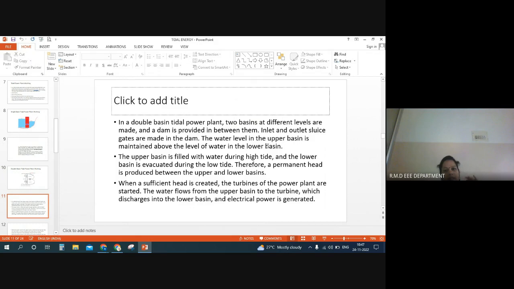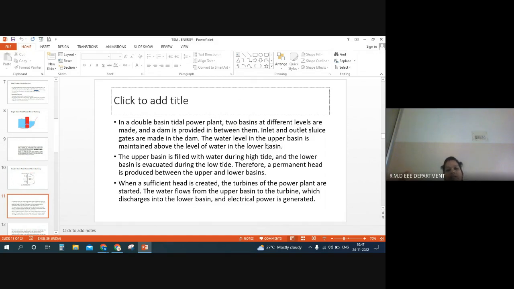So in the double basin system, we need to construct two basins which are at two different levels. In order to do that, a dam is provided with them. The inlet and outlet sluice gate valves are made in the dam. The water level in the upper basin is maintained above the level of the water in the lower basin, and the upper basin is filled with water during the high tide, and the lower basin is evacuated during the low tide, and therefore a permanent head, that is a difference in water level, will be produced between the upper and the lower basin. So when a sufficient water head is created, the turbines of the power plant are started,